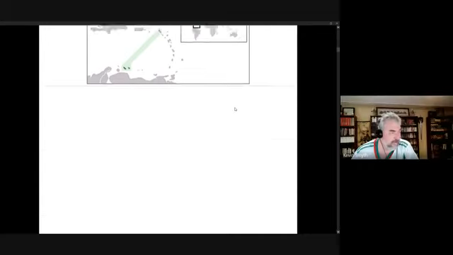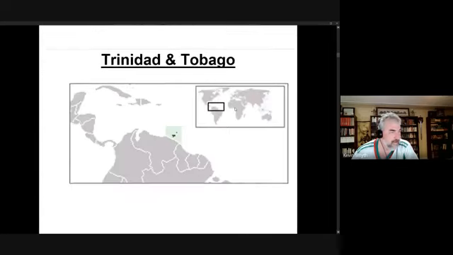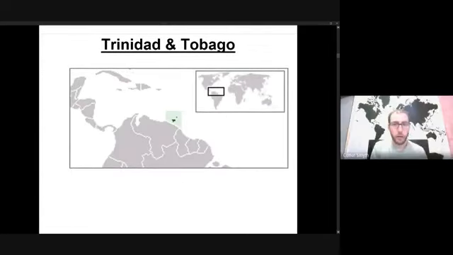So let's move on to Trinidad and Tobago. Like Curacao, they're just north of Venezuela in the South Caribbean, though quite far apart, Trinidad and Tobago being quite a bit further east than Curacao. They have 1.4 million people. That's 150th in the world out of just over 200 countries. And they're the second smallest country ever to qualify for the World Cup after Iceland.